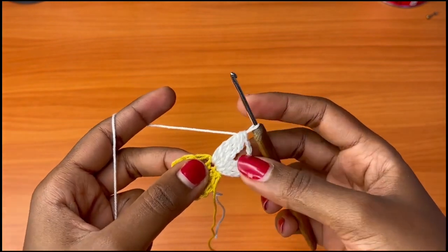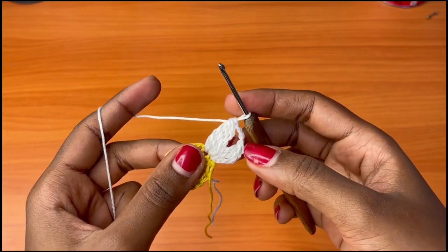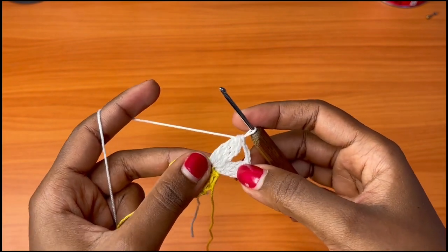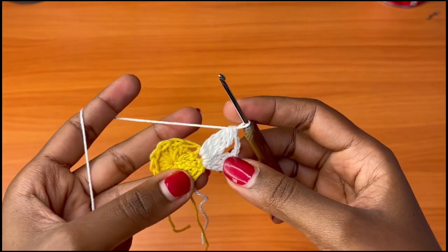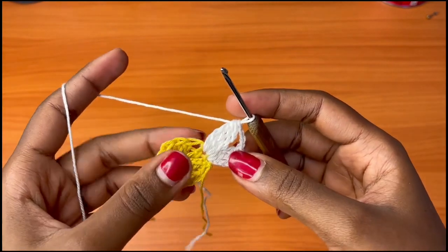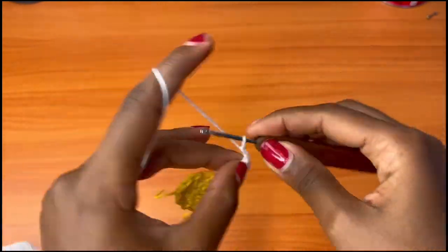So we are creating these clusters. I'll call these clusters for this tutorial. We are creating treble crochet clusters all the way around. So I'm going to continue doing this until I have a total of 12, placing 1 cluster in each and every stitch. So chain 3,